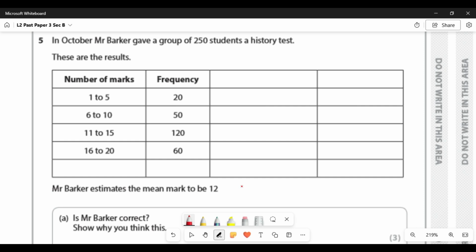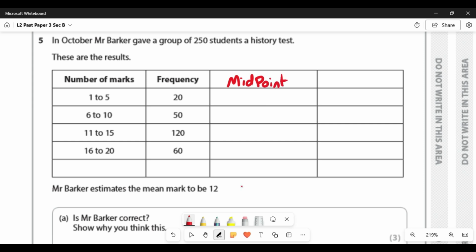And obviously the quick way is you would multiply across and get the total number of marks for everyone who took the history test, divided by how many people took the history test in the first place, and that should get you your mean for this question. So obviously at the moment we can't multiply across because I can't do 1 to 5 times by 20. It doesn't make sense. So the 3rd column has to be